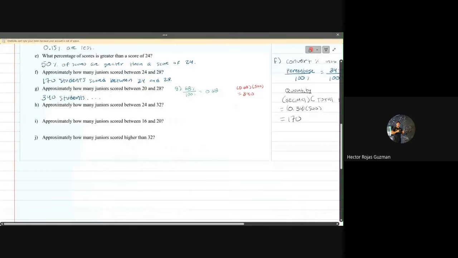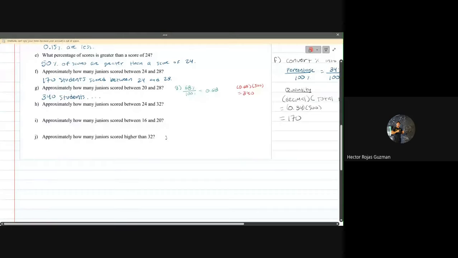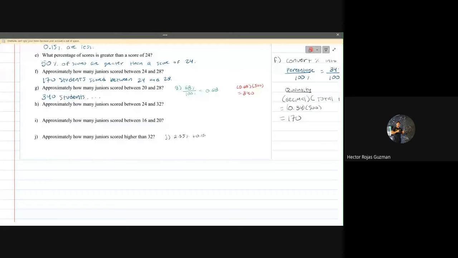For J, we have 2.35% plus 0.15%. That's going to equal 2.5%. Now, what is that decimal conversion? 2.5% divided by 100 gives me 0.025. Now that I have the percentage as a decimal, I'm going to take my 0.025 and multiply it by 500. 0.025 times 500 is approximately 12.5. Because we're talking about students, we have to round. So approximately 13 students